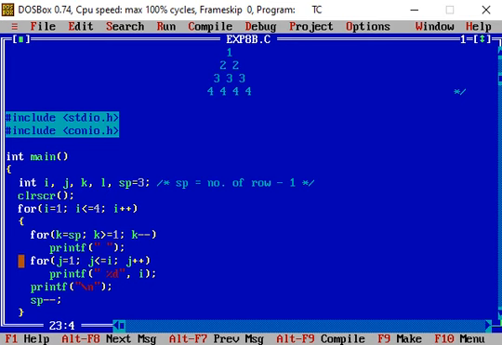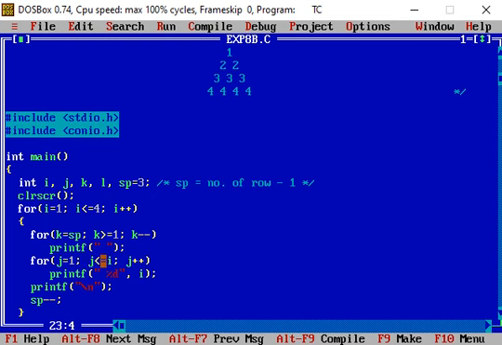Then the next for looping statement, j equal to 1, j less than or equal to i. So the value of i is 2 this time. The first time the condition is true, and when the condition is true, the printf statement prints the value of i, that is 2, at the place of the format specifier in the second row. So 2 gets printed. Then the value of j is incremented. So this value becomes 2. So 2 less than or equal to 2.